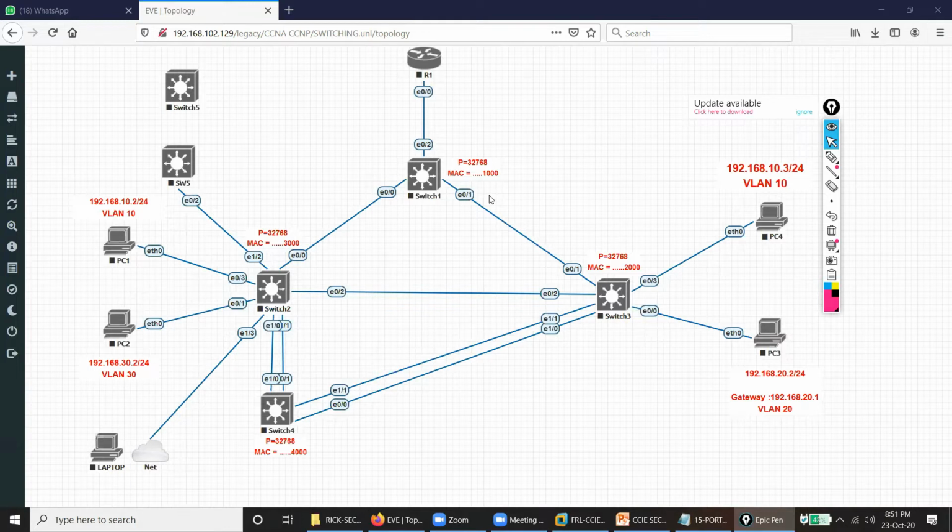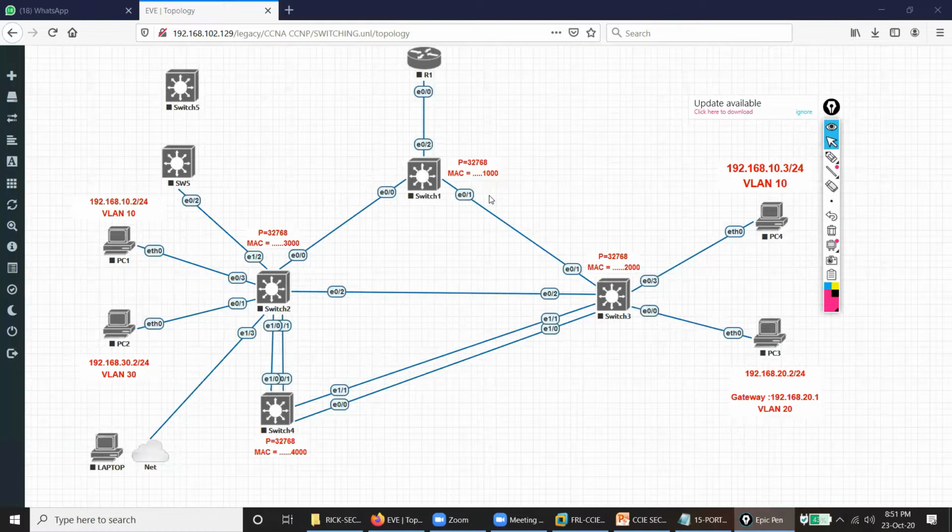And remember one thing for your kind information, all of you, port fast is done for two reasons. The first reason I told you, to bypass the spanning tree timer of 30 seconds, that is listening to learning and learning to forwarding. First reason. Second reason, okay, there is a behavior of the switch that